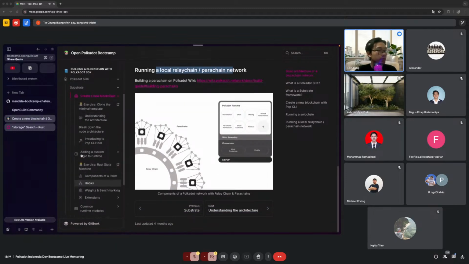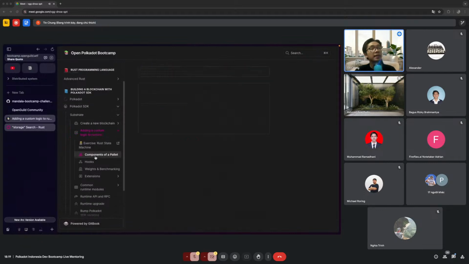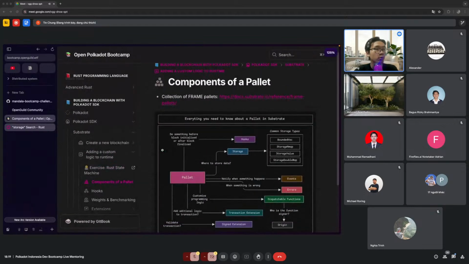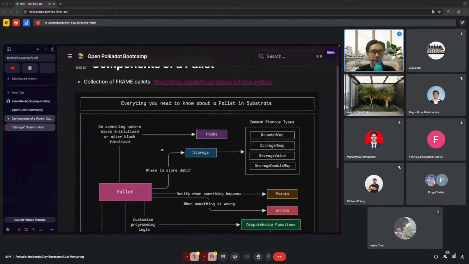Now we go to adding the custom logic to the runtime, and I think you're already familiar with what the runtime is, right? And to customize the runtime logic, we're gonna visit the concept called Pallet. A Pallet is basically a module added to the runtime, configured into the runtime, and each module is like a Lego block. So imagine a Lego block that has its own functionality.